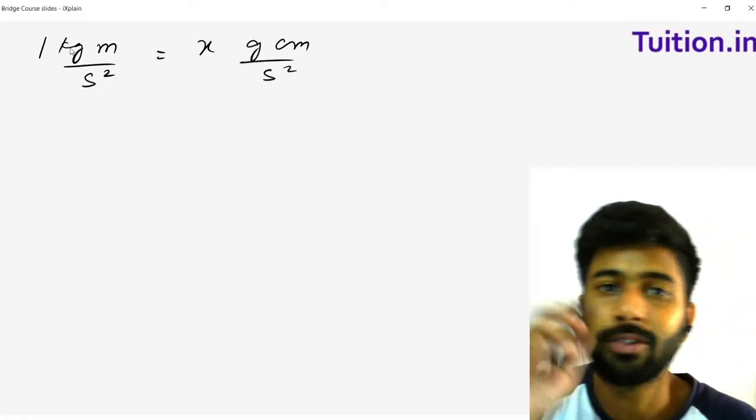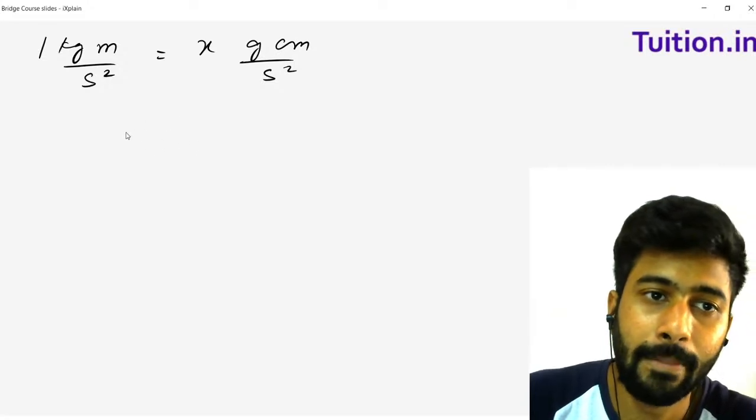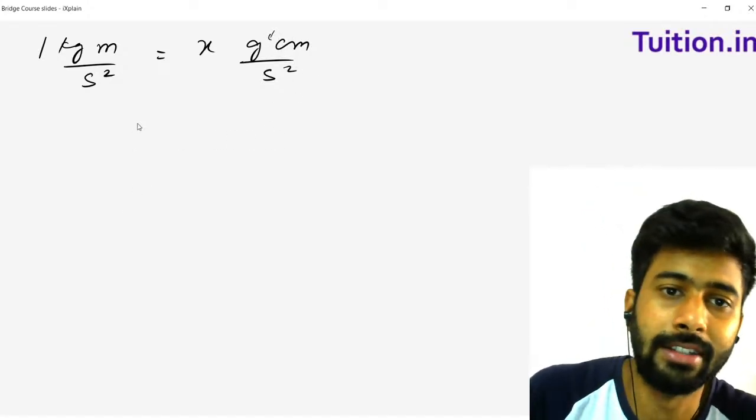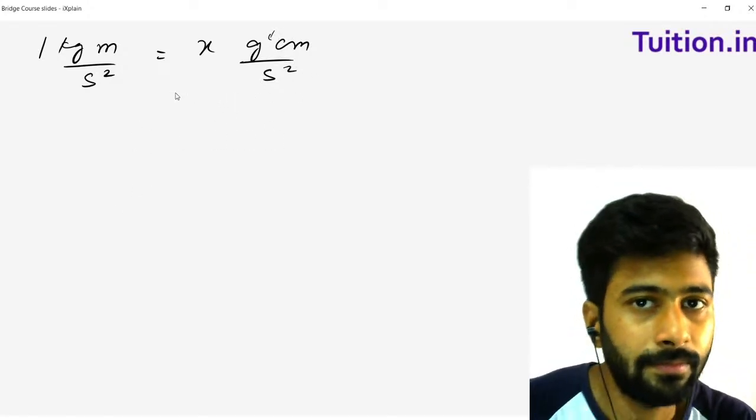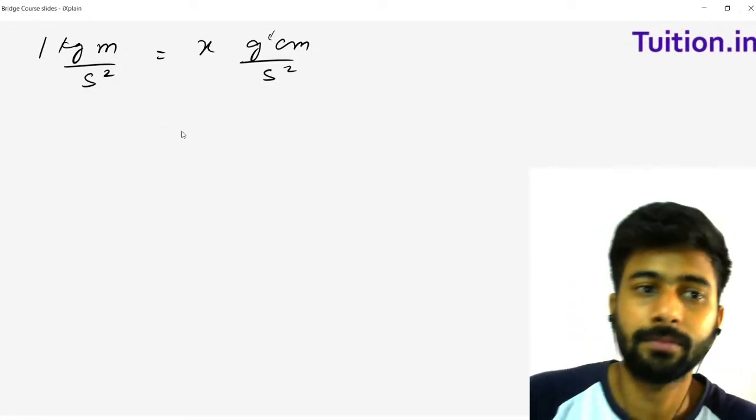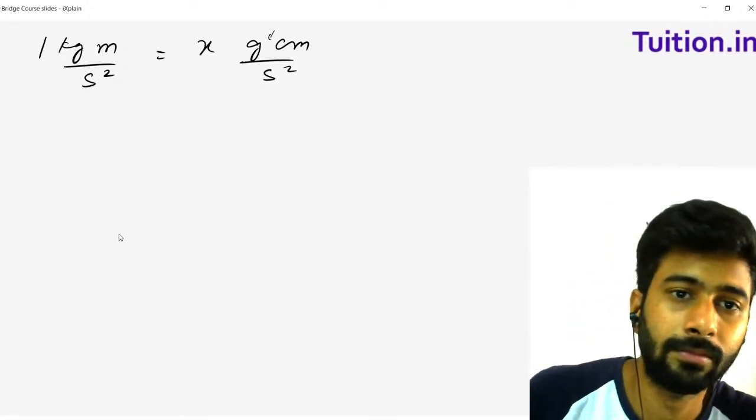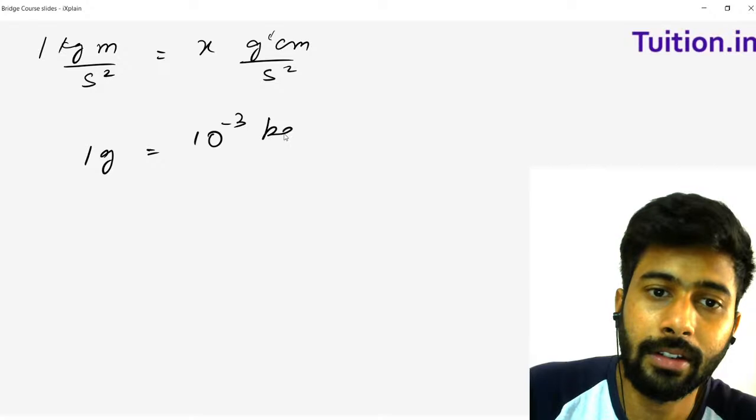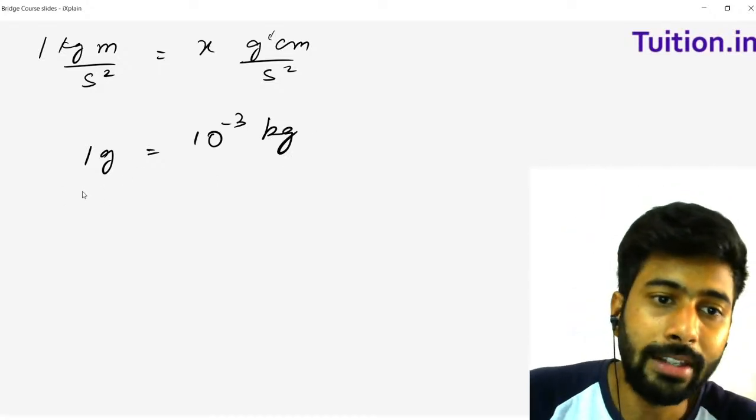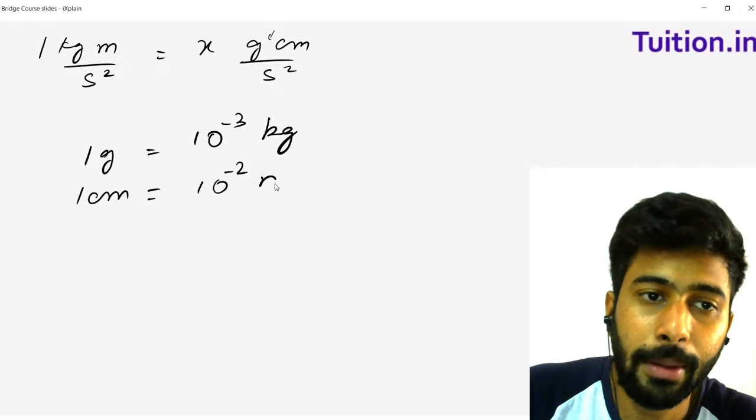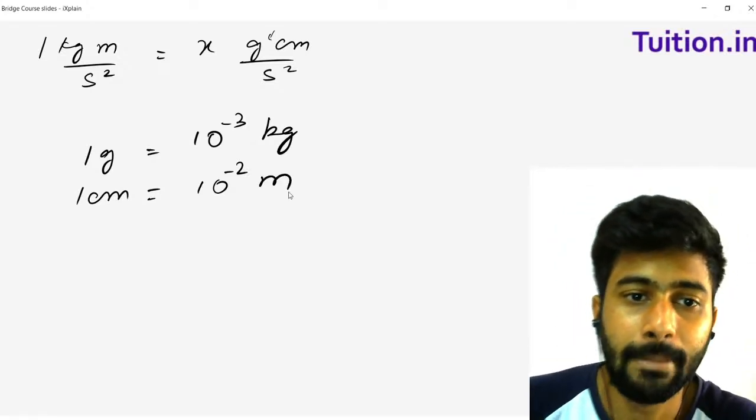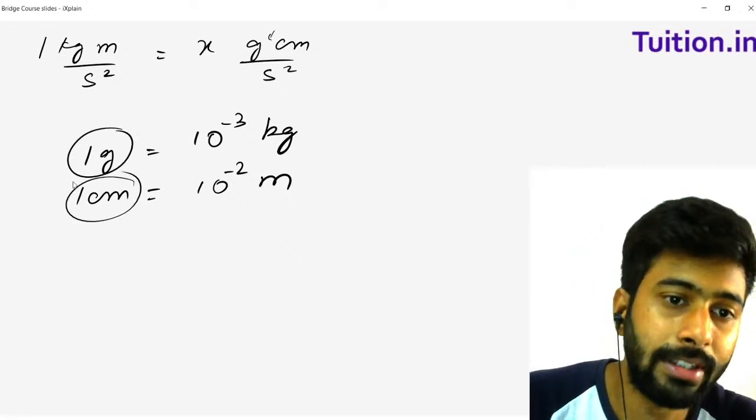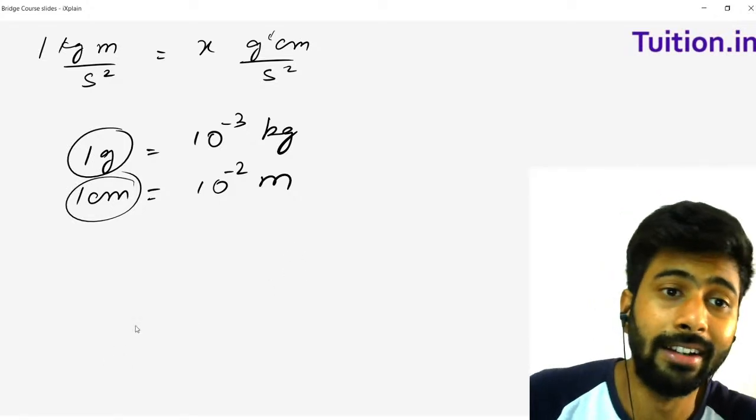So you have 1 kg meter per second square is nothing but x gram centimeter per second square. So how many kgs is 1 gram? 10 power minus 3 kgs, right? So 1 gram is equal to 10 power minus 3 kgs, and 1 centimeter is equal to 10 power minus 2 meters. Correct? So when you carry out the calculations, when you replace 1 gram and 1 centimeter, what you will see is